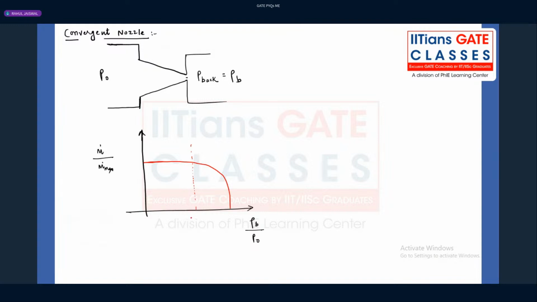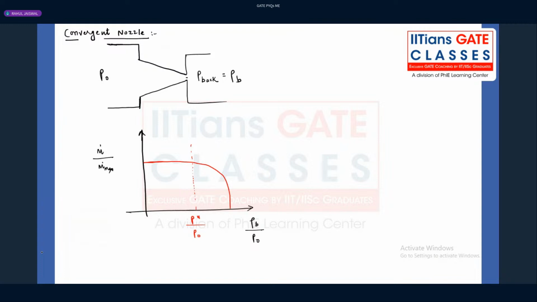That means here we have the P star over P naught. That means there is a certain critical pressure. If it is reached beyond that, we cannot increase the mass flow rate. That particular mass flow rate corresponds to one condition that we call choked conditions. What is the meaning of choking condition? It is the maximum mass flow rate that can be attained by that particular convergent nozzle when the Mach number becomes 1